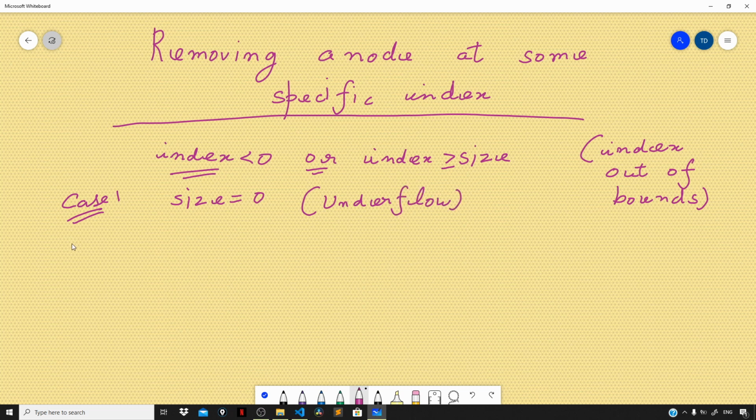Now let us move forward to the case 2 where size is 1, and these two cases are exactly the same that we had discussed in the previous two videos regarding removal of a node. So if size of the linked list is 1, that is we are having a single node in the linked list which has a data d, for example, and the head and the tail both are pointing to that single node. So the steps for removing this single node of our linked list is to first set the head and